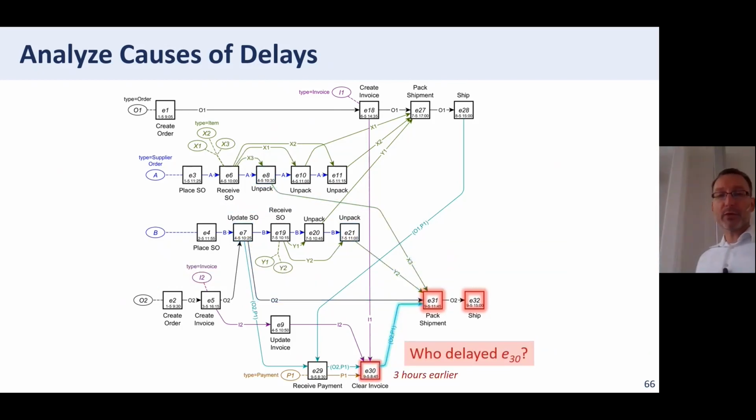So now look at who delayed E30. Who delayed E30? Received payment, E29, right? So this is after the payment was received, we cleared the invoice, and then things went on, right? So it's just 15 minutes. Okay, so we keep doing that, right? We're looking at the edge with the shortest time delay of an incoming edge. So this is the path that we travel through